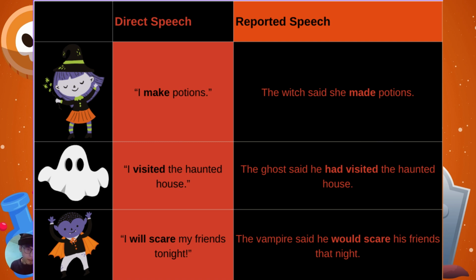And in the reported speech, it is written in past perfect. And finally, as you are saying, Mateo, the vampire sentence is created with simple future, but for the reported speech, we see that it will change into modal verb would.